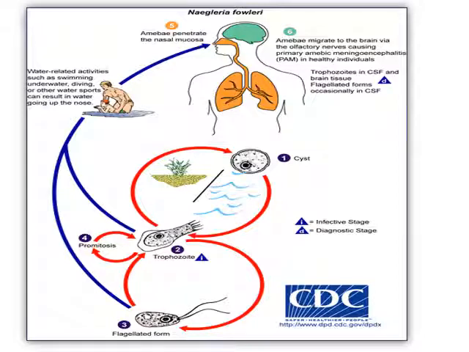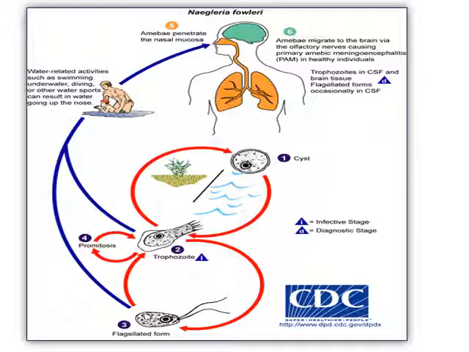The life cycle of Naegleria fowleri is completed in the external environment. The amoeboid form of the trophozoite multiplies by binary fission. Under unfavorable conditions, this form transforms to the cyst stage, which undergoes excystation in favorable conditions. The flagellate form of the trophozoite helps to spread to new water bodies, and the amoeboid stage is infective for